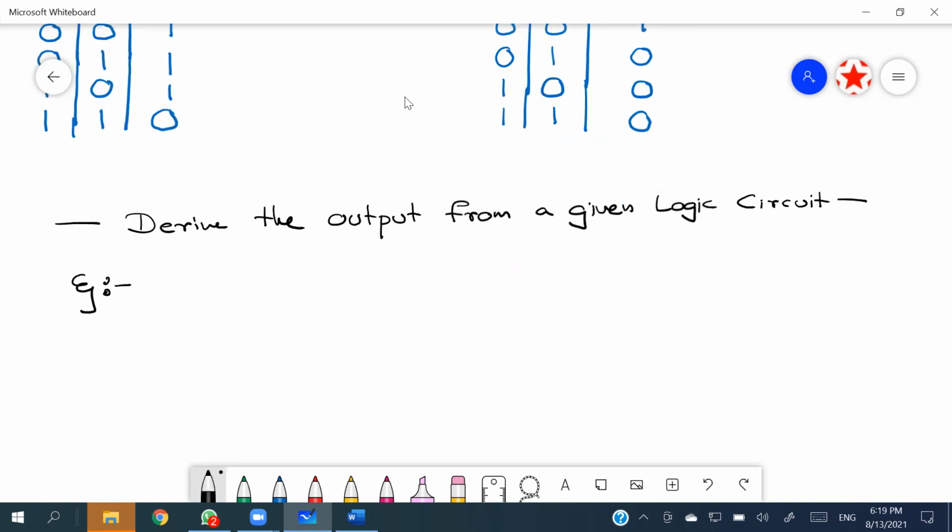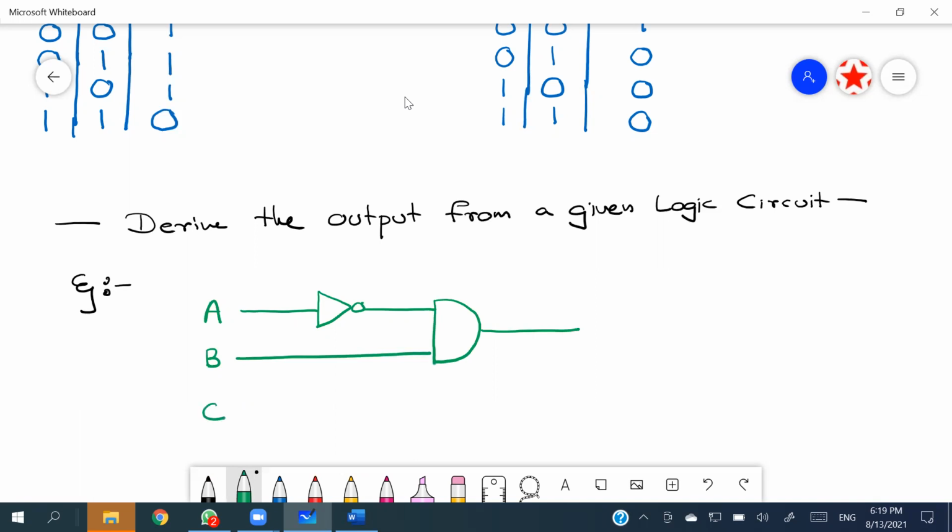There is an input A which goes through a NOT gate, and there is B which flows with an AND gate, and the output of it is going to combine with C and flow through an OR gate. So if I assume the output as Q over here,